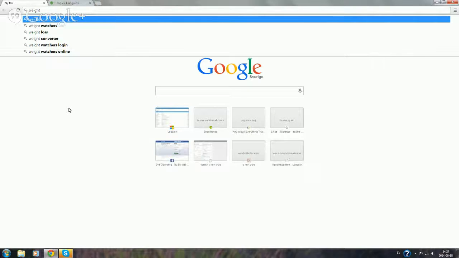And this is one thing. Immediately when I start to write anything on Google search, you will see that they immediately show you a couple of good keywords. So with just me writing down one short tail keyword that has to do with weight, Google has statistics over searches people are doing all over the world using weight as the first part of the long tail keywords. So for instance, I get some ideas of Weight Watchers, weight loss, weight converter, Weight Watchers login, and Weight Watchers online, which are good keywords, but maybe a bit too generic for my use, because I was purely looking